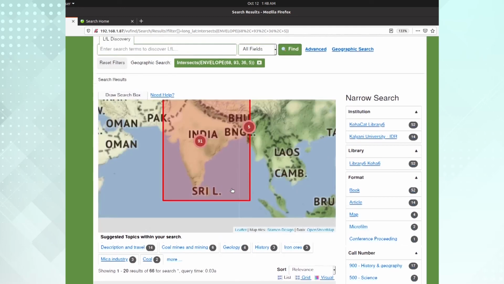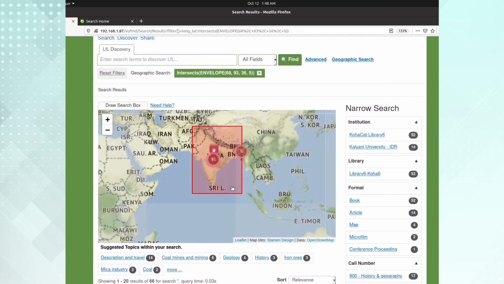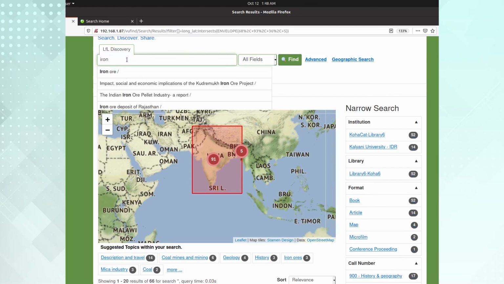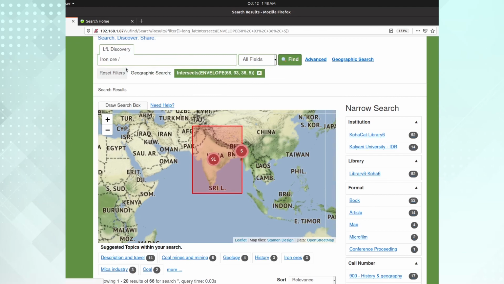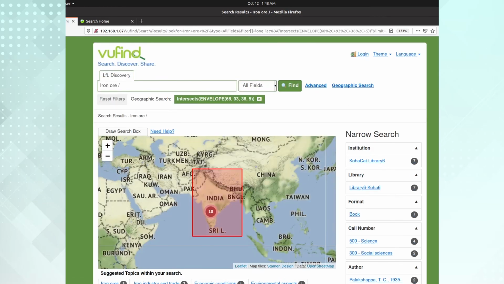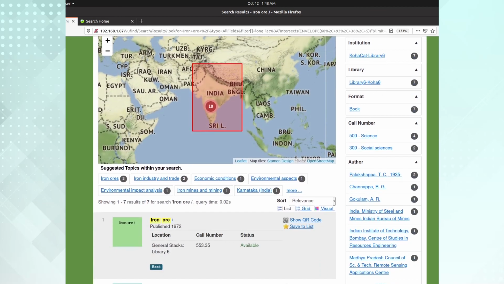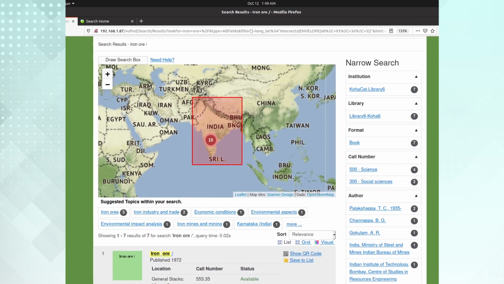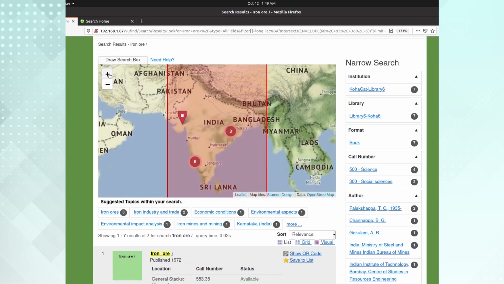Now, suppose I want to search by something here after calling the geographical search, say iron ore. Now, momentarily it will be reduced; the number of place names is now 10 and the number of documents is now 7, and even if I click the zoom out value, you see what is happening, how documents are clustering into different geographical areas.